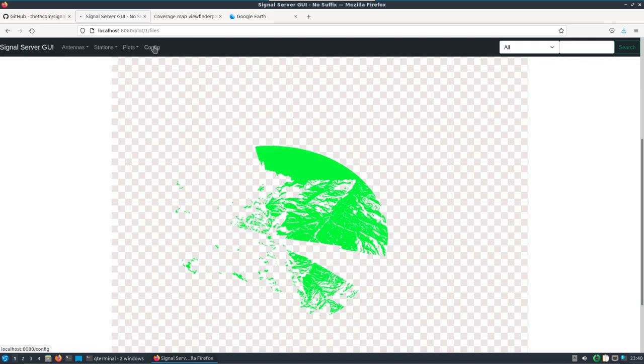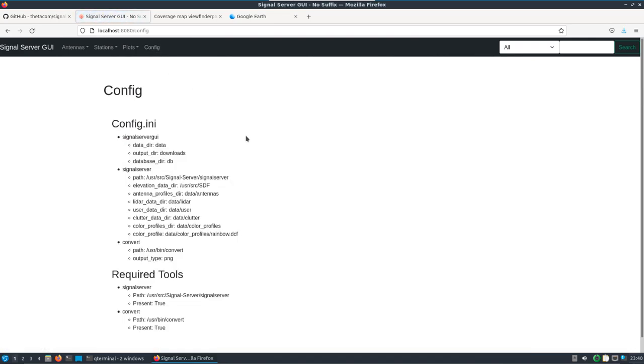So I guess the last thing is the config file. You can just verify the paths are set, so convert and Signal Server is already in DragonOS, so as long as you change like that path I showed, and then you could see the other path, that's pointing to the elevation data, then you're pretty much all set up, and you can at least follow along with what I've shown here, and then feel free to jump in and do even some more complicated settings, change some other characteristics, really